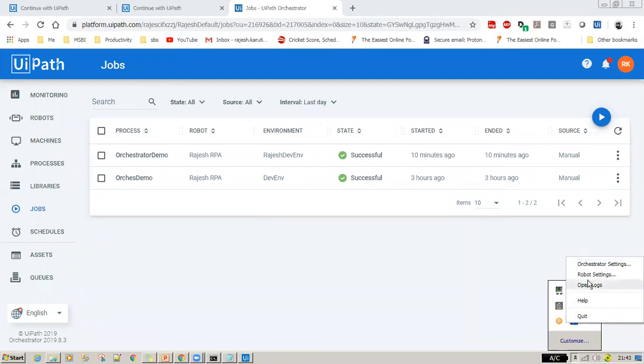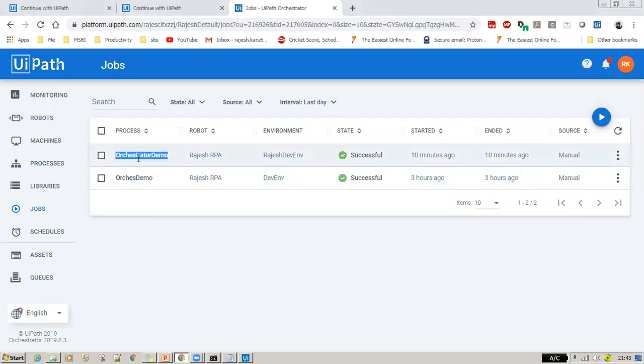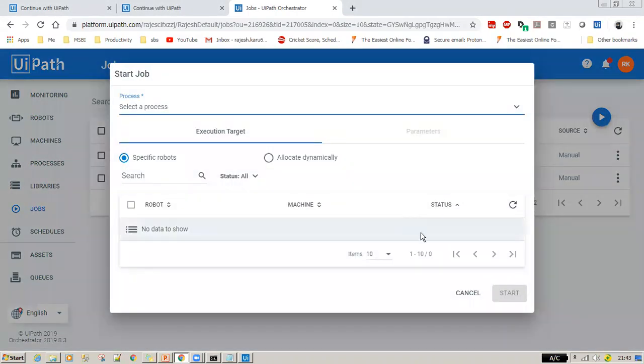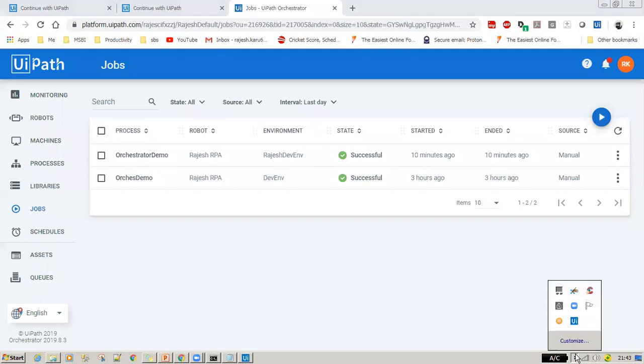But just keep in mind, from your system tray, there is a UiPath robot button, right? From your tray you can also run your jobs. Say you have an orchestrated demo job you want to run. The one method is manually running from Studio. The second option is from Orchestrator, the way I showed you. The third one is running from your system tray, because I have another older version of an agent configured, that's why I'm unable to open it. But tomorrow I will show how you can run from the tray as well.